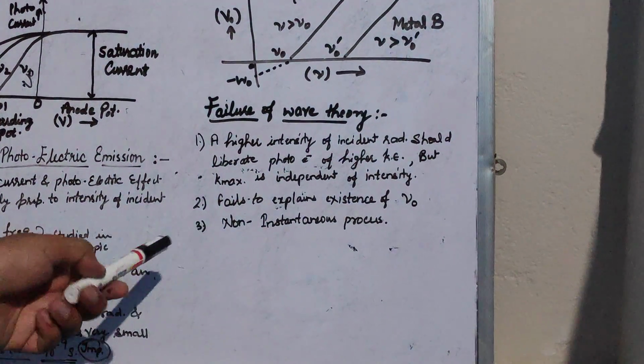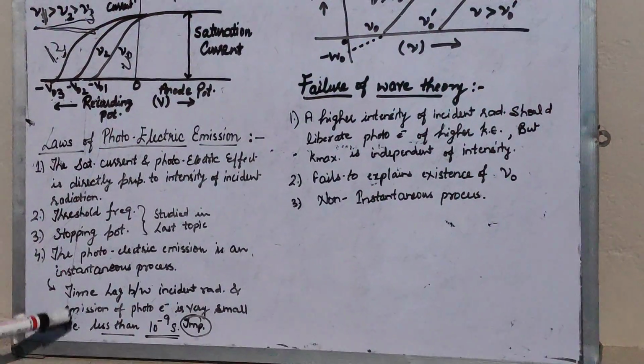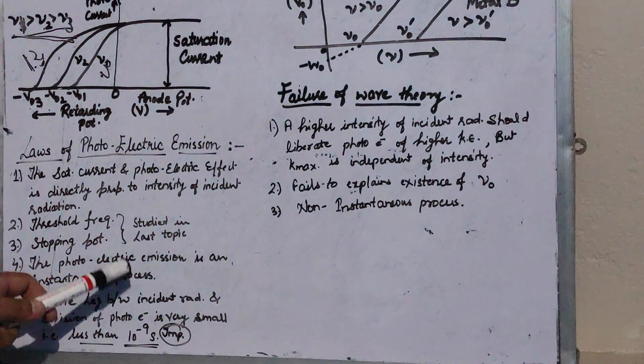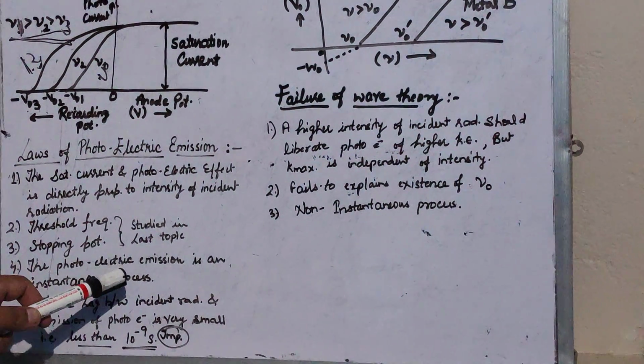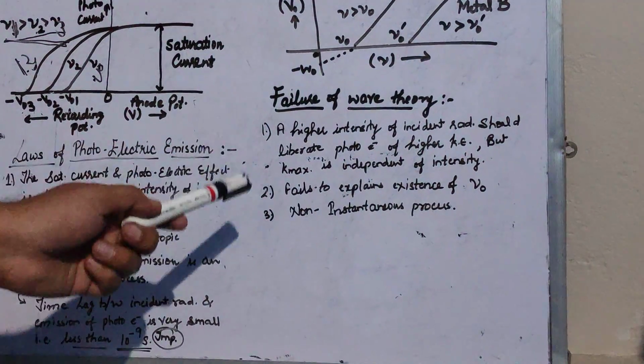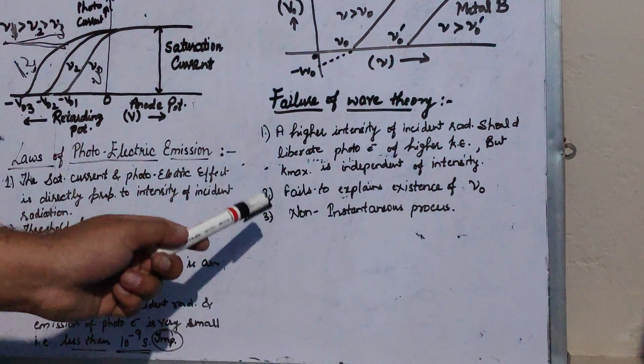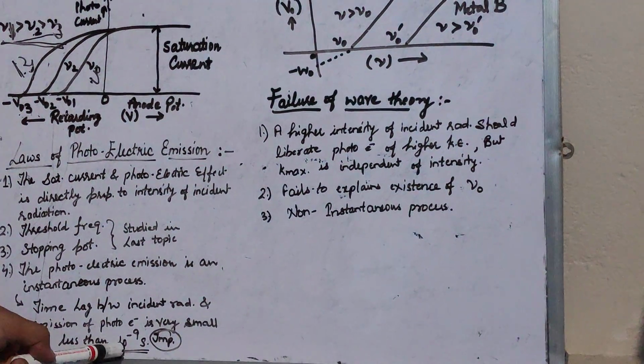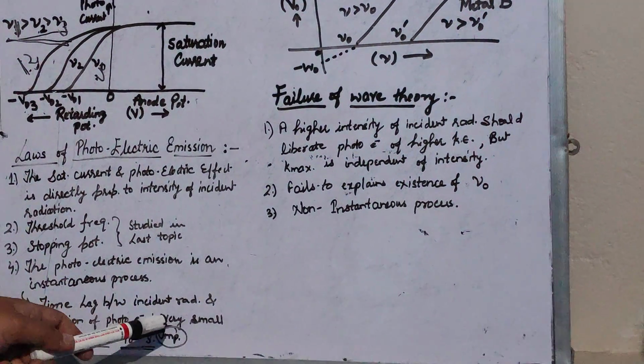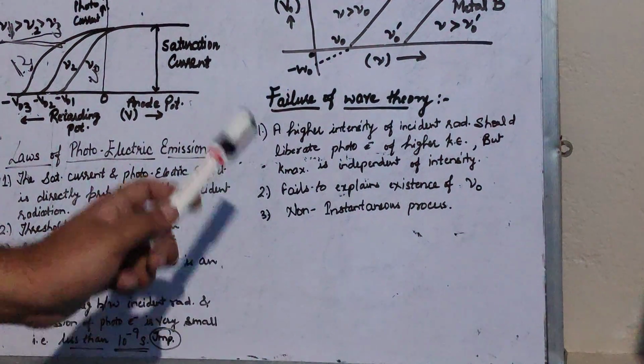And the last one is, as we have studied in the laws of photoelectric emission, that this is an instantaneous process. But an electron intercepts a very small amount of energy of the light wave, so it should require a finite time. Here we have less than 10 raised to the power minus 9 second. We have said there is a finite time to escape from the metal surface, but actually what